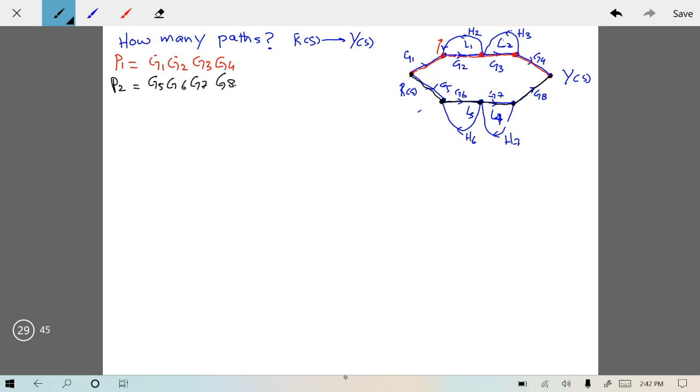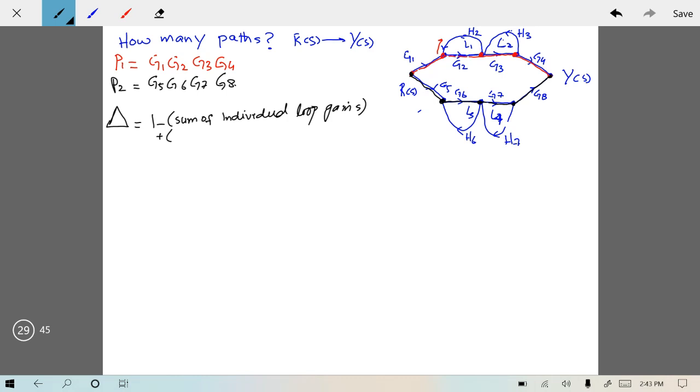Now let's find the determinant of the graph after finding the paths. How many paths are there? There are 2 paths, P1 and P2. Only by following these 2 paths you can reach Y of S from R of S. So the determinant of the graph, we have a formula for it, which is equal to 1 minus sum of individual loop gains plus